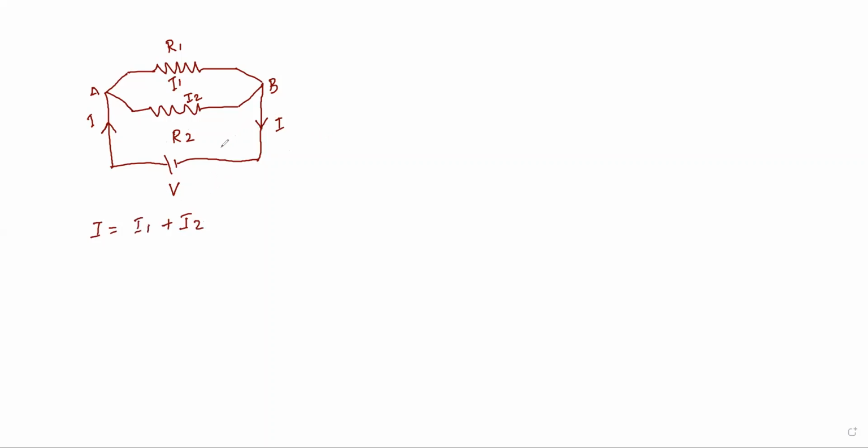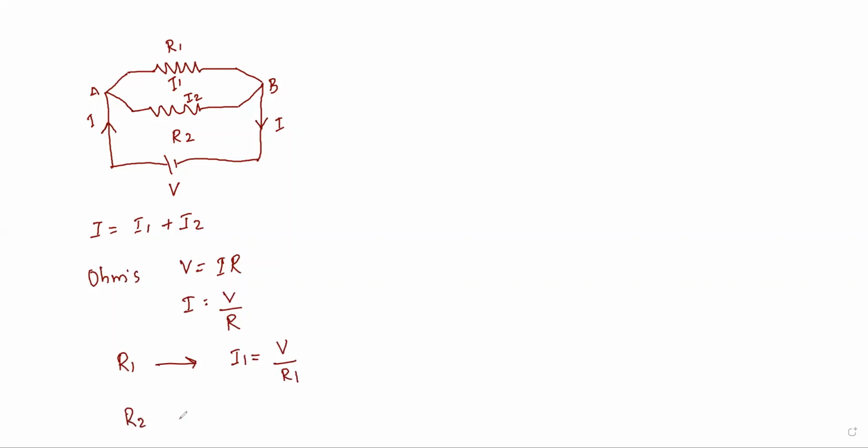Now let us find the current through resistor 1 and resistor 2. Now let us introduce Ohm's law here. According to Ohm's law, we have V is equal to IR, a very important relation. Now what will be I with this relation? I just bring the R over here, so it will be V by R. So for resistor R1, the current will be I1, which will be V, common, divided by R1.